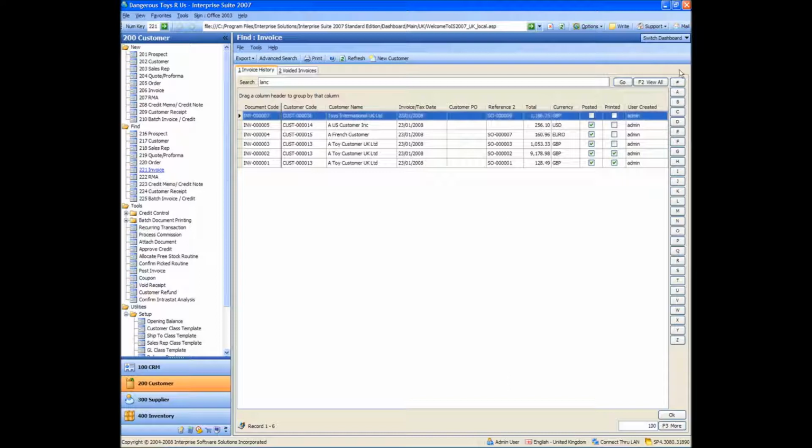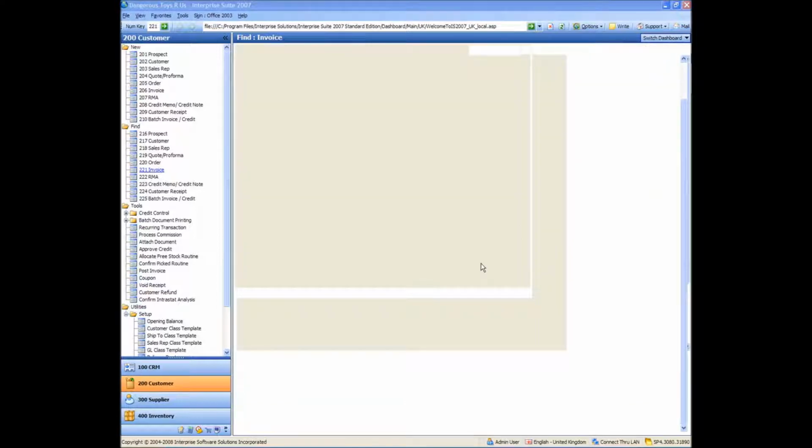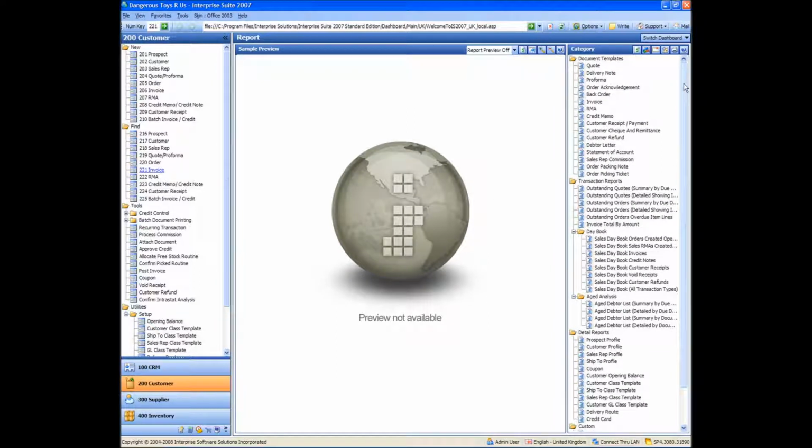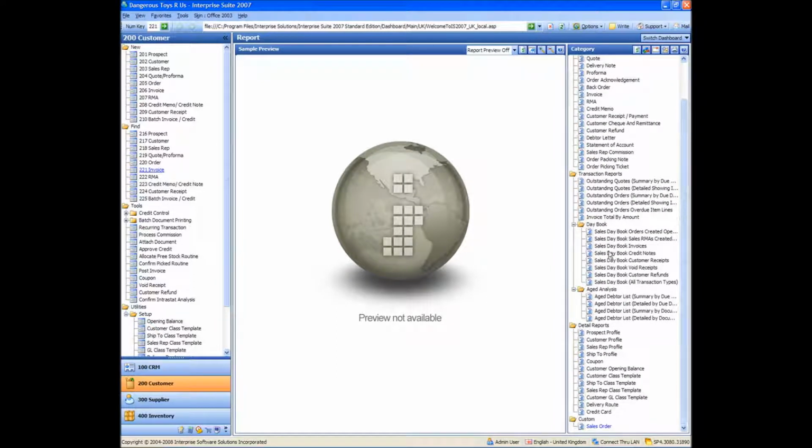Now going to run a sales daybook for invoices. To run reports in Interprise, we do switch dashboard and go into the reports, and whichever module you're in at the time you switch dashboard, it will show you the appropriate reports for that module. So we want a sales daybook invoice report, so if I double click that,